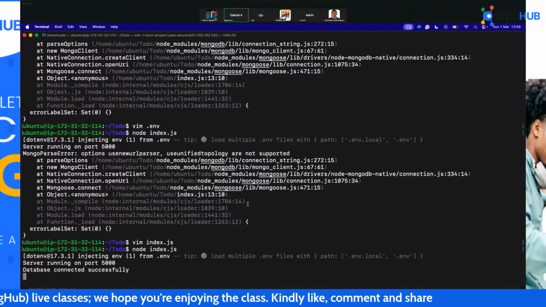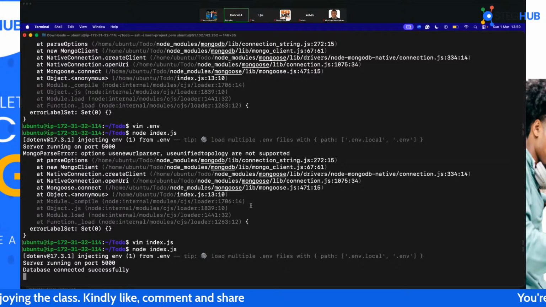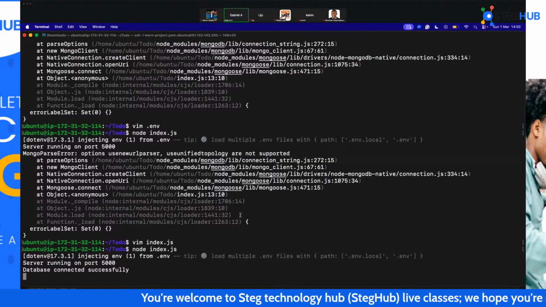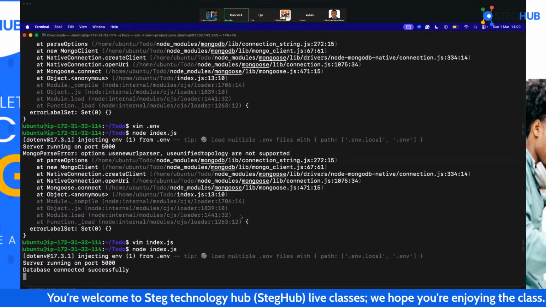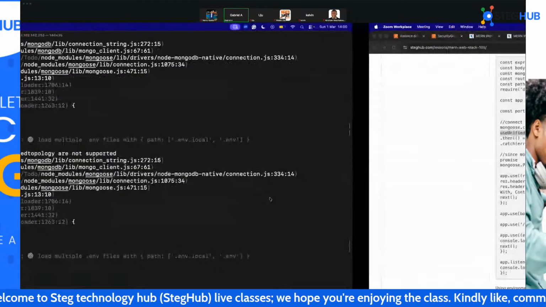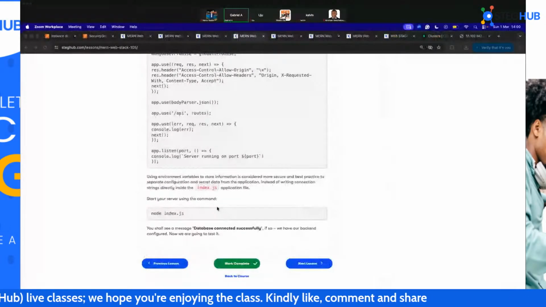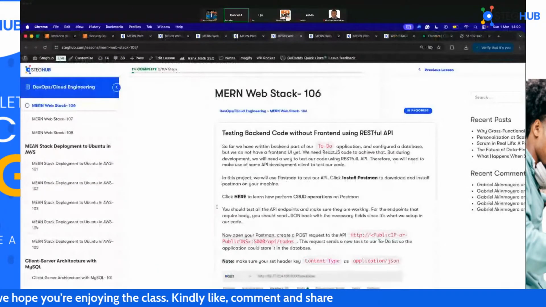These are like the bugs that you're also going to fix when doing your project, and I'm sure you'll be able to get past that when you get to this stage. So the next step now is to test our REST API